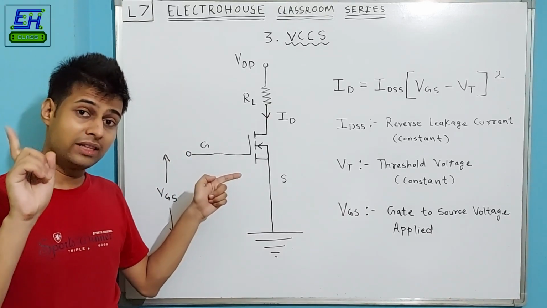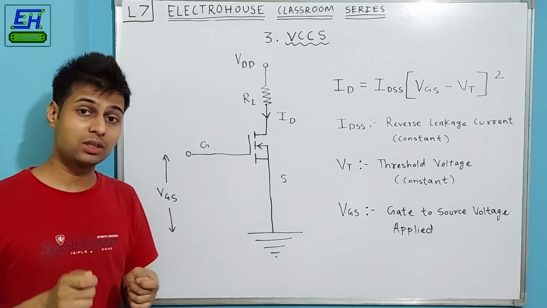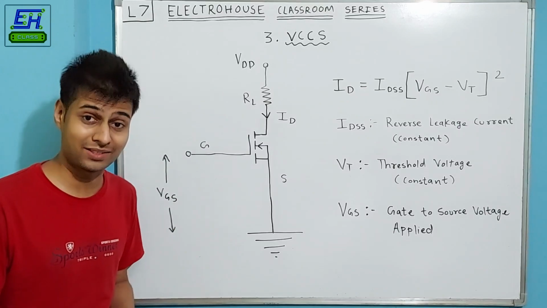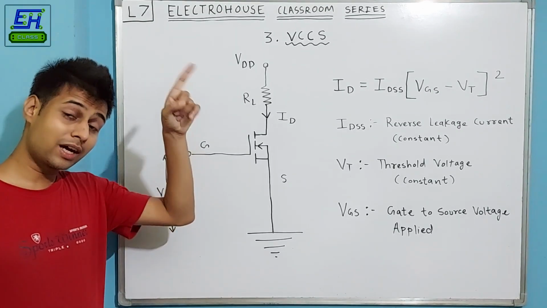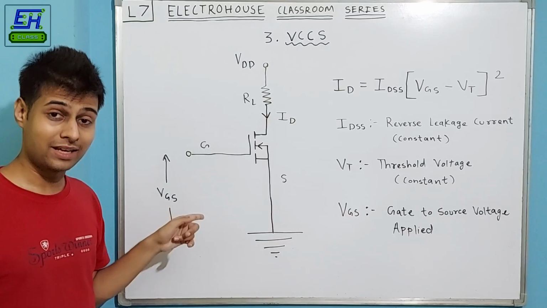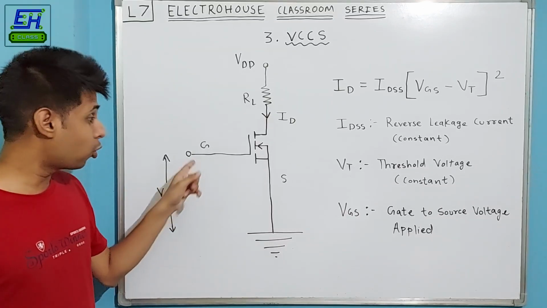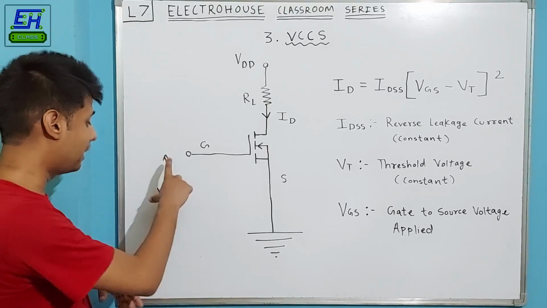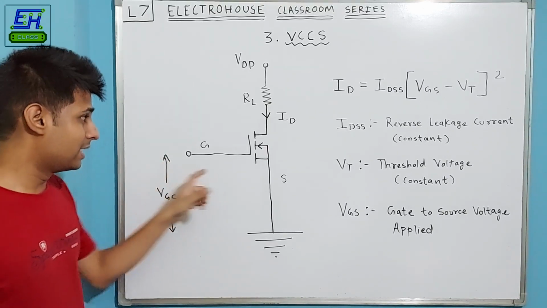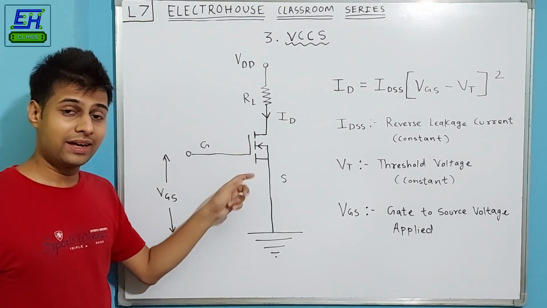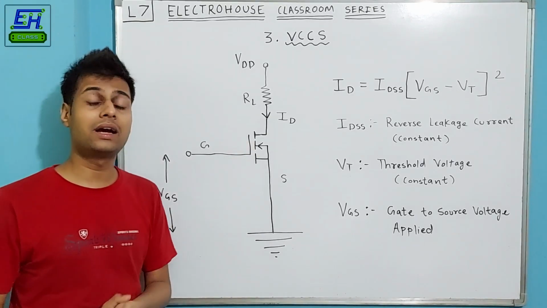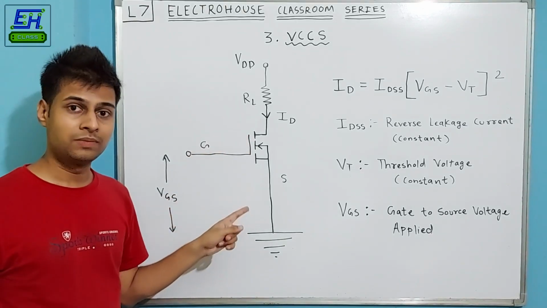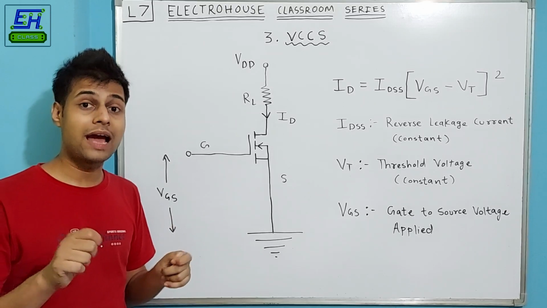Unlike the BJTs, or bipolar junction transistors which we saw earlier, where there used to be a base current IB flowing continuously through the transistor, here it is not. That was a current controlled device, this is a voltage controlled device. Here, the current only flows momentarily when we provide this VGS. At the moment we provide VGS, there is an internal capacitance. Basically, there is a silicon dioxide layer in MOSFETs between the gate and source, and that is exactly what acts as a capacitance.